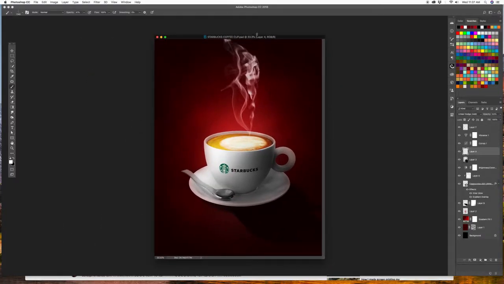Now, I saw a tutorial very similar to this one, but it seemed insanely complicated, and I don't believe anything like this has to be that complicated. And also, I didn't want to use a picture of a coffee cup. I wanted to use a 3D model, and I got this particular coffee cup from